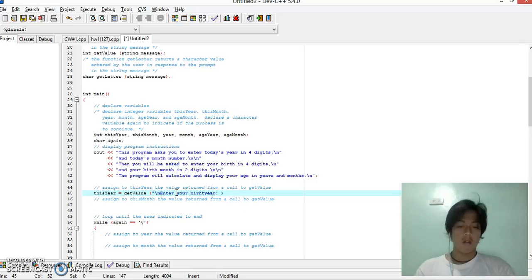And assign thisMonth to getValue, and then the prompt.